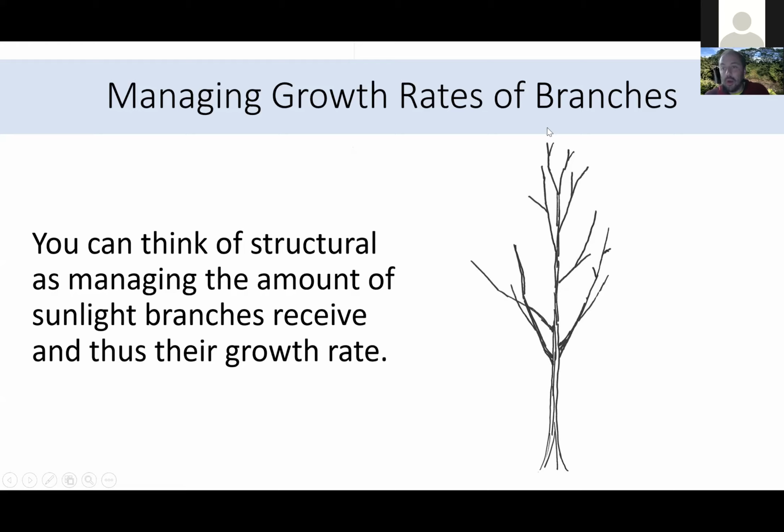You could make an argument for any of these four stems to be the leader. You pick your central leader generally by picking some combination of the tallest and/or straightest branch. Sometimes there are multiple branches that could be made the leader, and you just pick one of them. Don't be paralyzed by percentage point differences. Just pick one and suppress or remove the other. So I think I picked this one over here, but we'll see. This branch is competing. I could choose just to remove it, right? I definitely slowed its growth rate because it's not there anymore, no longer competing with the other one there.